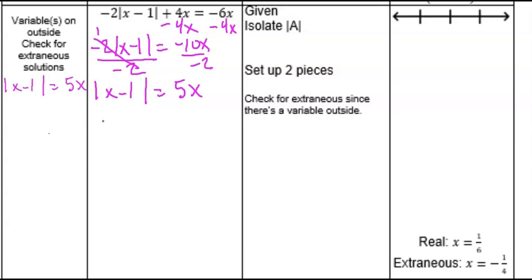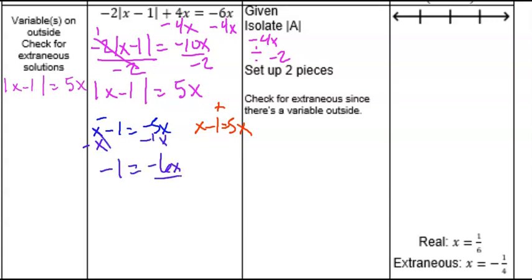So we're going to set up our positive part, our negative part, and solve for each. So our negative piece would be x minus 1 equals -5x. And our positive piece would be x minus 1 equals +5x. So subtract x, divide by -6 each side. 1/6 equals x, or